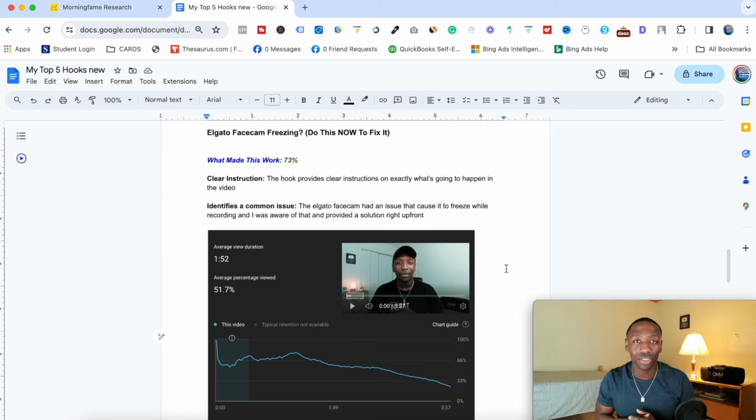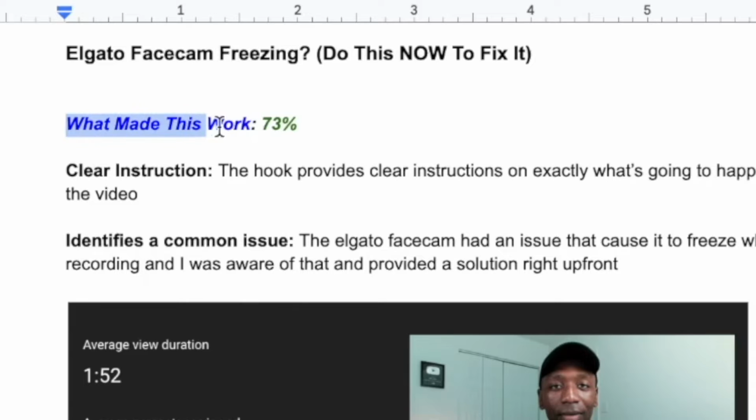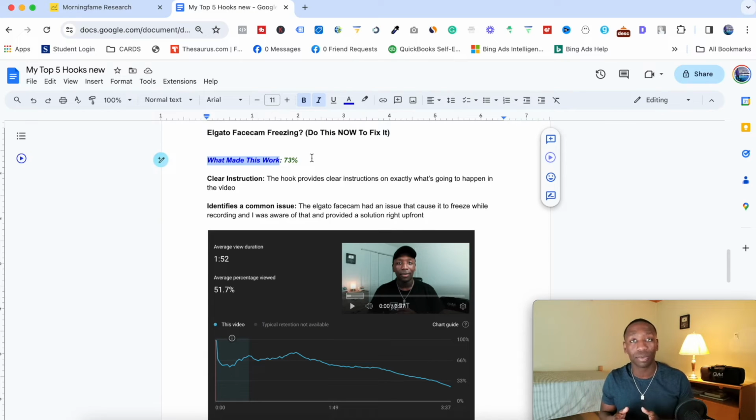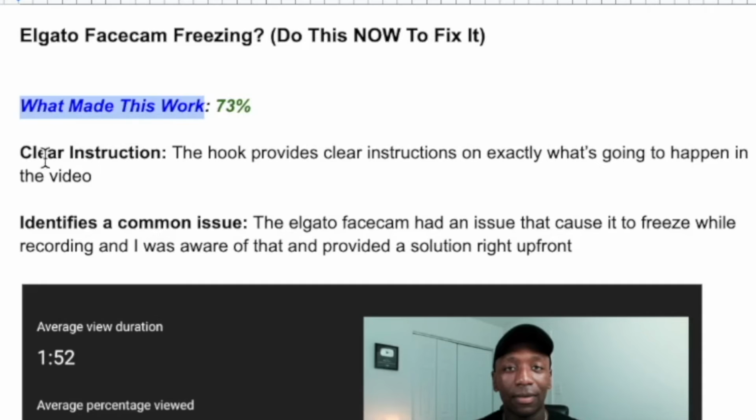All right, so the hook that you just watched is from a video called El Gato face cam freezing. And if we look at what made this work, if we look at the percentage, it says 73%. So that means that 73% of people were watching at the 30-second mark, right? Which is actually pretty good. Now, if we look right here, the first thing I analyzed